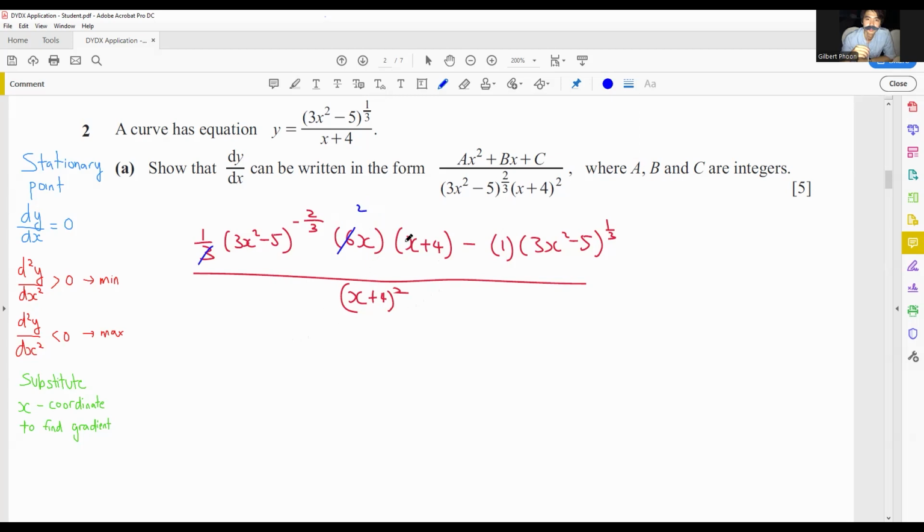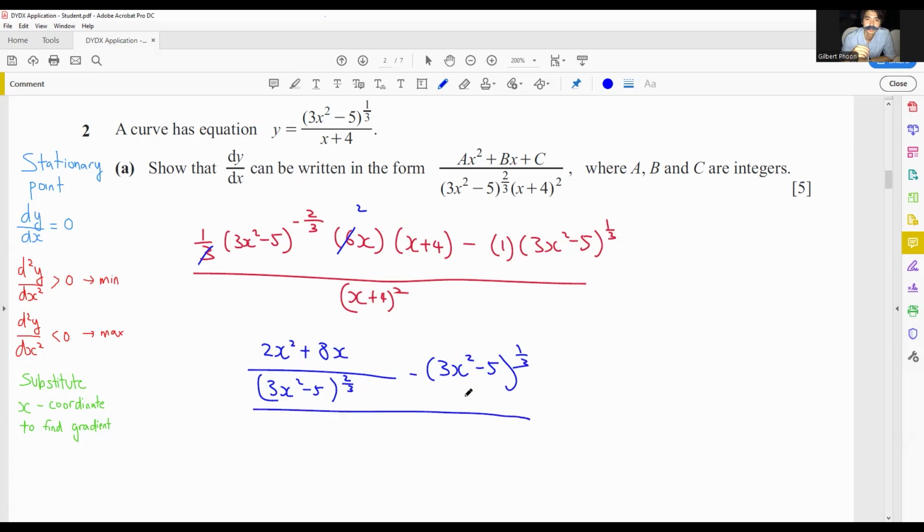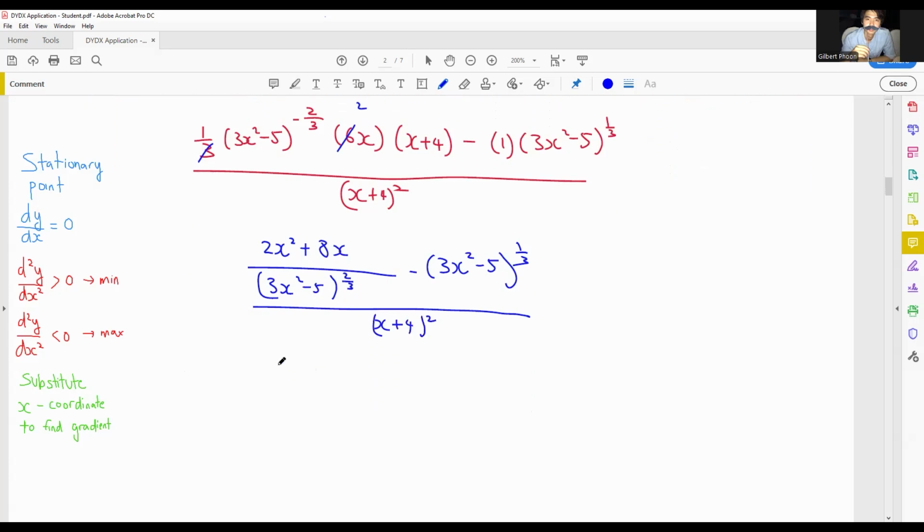Expand the brackets here, 2x times 2x squared plus 8x over this thing, (3x squared minus 5) to the power of 2 over 3. Now this I have to minus with (3x squared minus 5) to the power of 1 over 3. What we're going to do next is combine the denominators together, which will then become